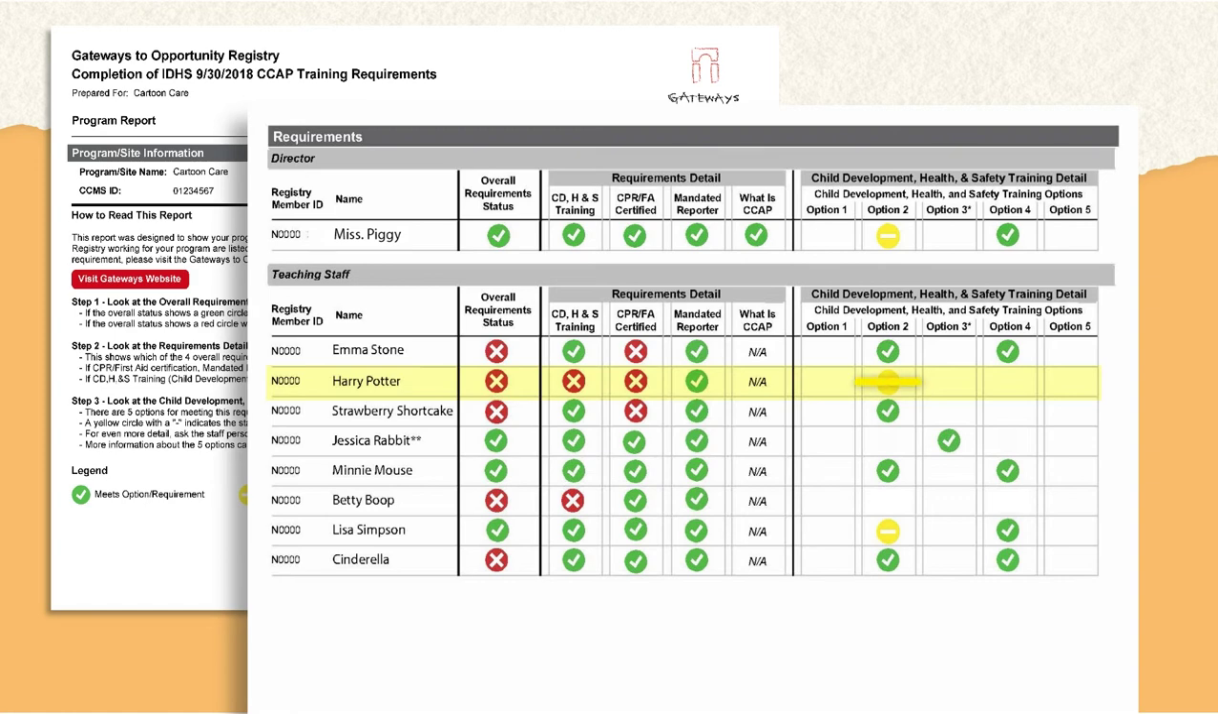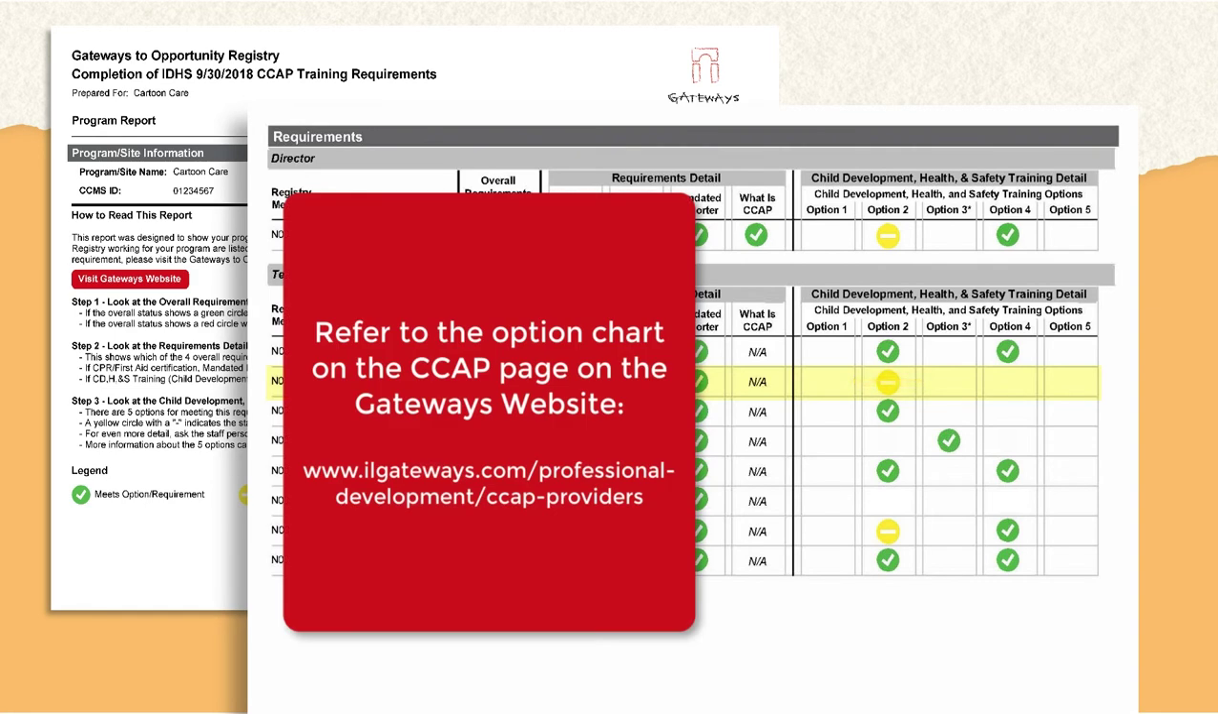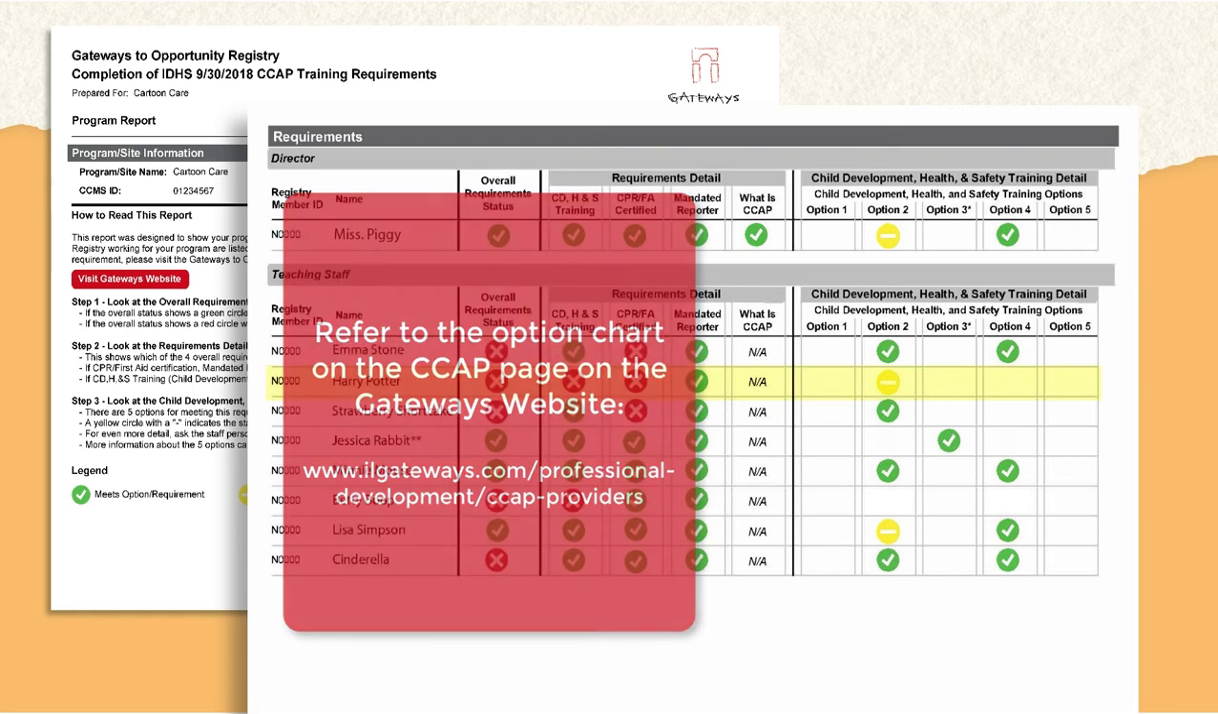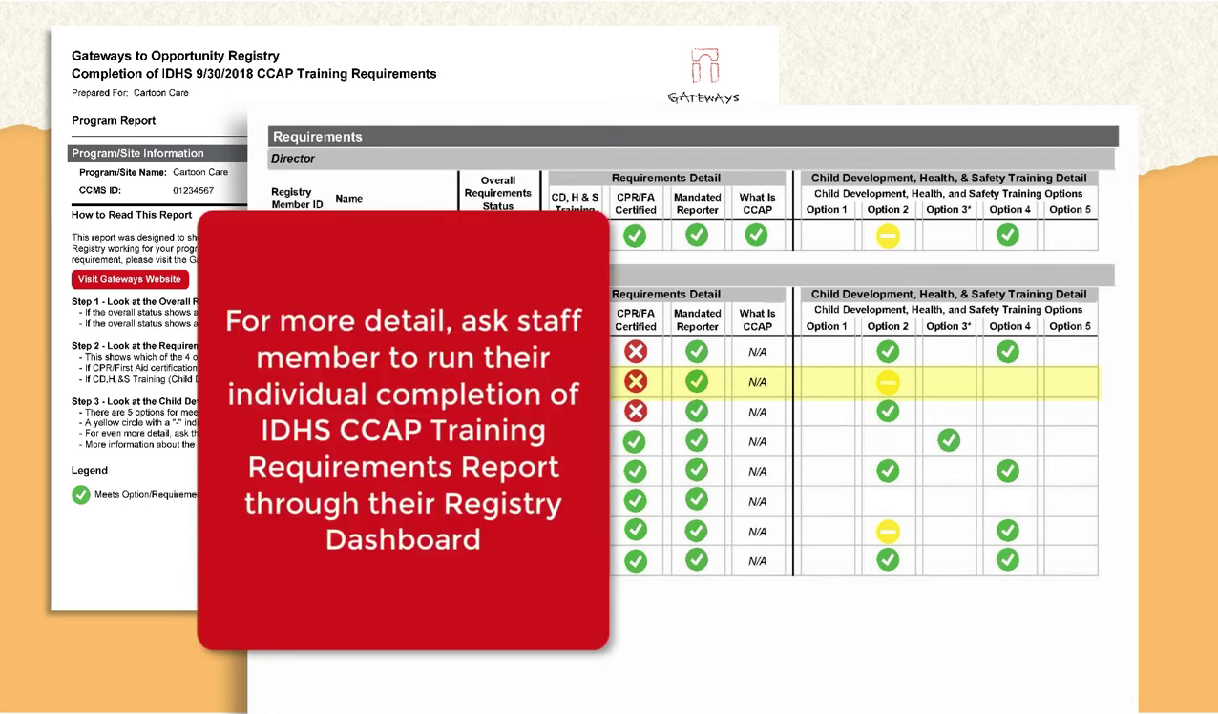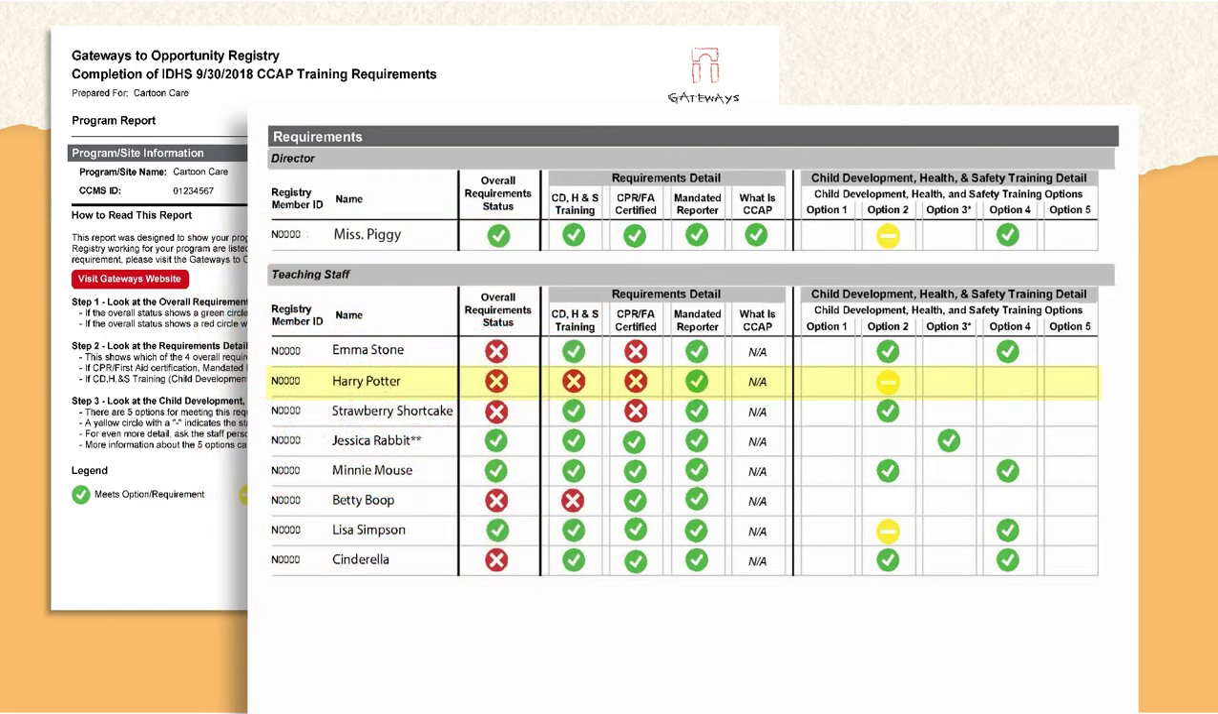He has a yellow dash in Option 2. You can refer to the option chart on the CCAP page on the Gateway's website and see that Option 2 is the ECE Level 1, Tier 1 training. So the yellow circle tells us he's taken at least one of the 4 modules, but not all of them. You could ask Harry to run his individual CCAP completion report from his registry portal to get more detail about exactly what he has completed and what is left. Harry needs to fully complete Option 2 for it to turn green. Once Harry has completed his Option 2 and completed and reported his CPR first aid certifications, his overall requirement status